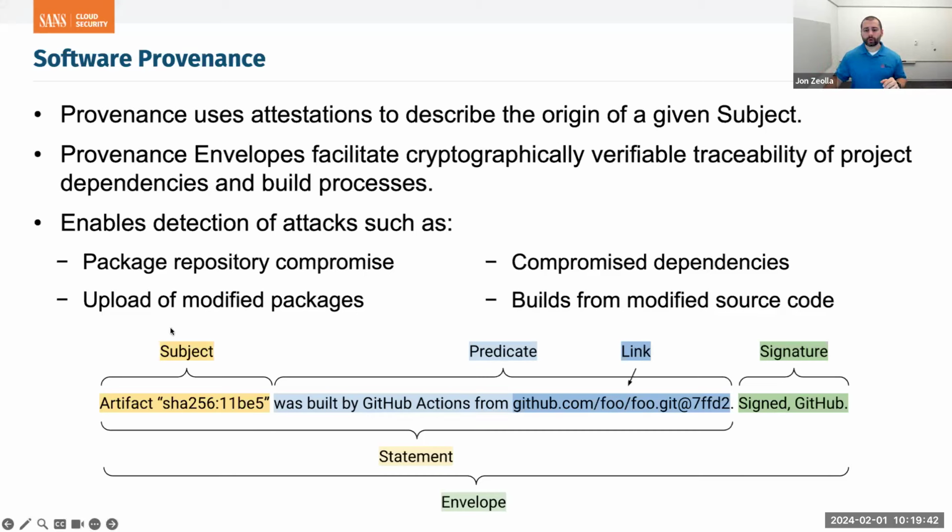So we've got a subject. The subject of this provenance is an artifact. It's a container image. That container has a hash, right? SHA-256-11BE5. In reality, it'd be much longer, but we've got this subject. It's an artifact with a given hash. Then we move on to the